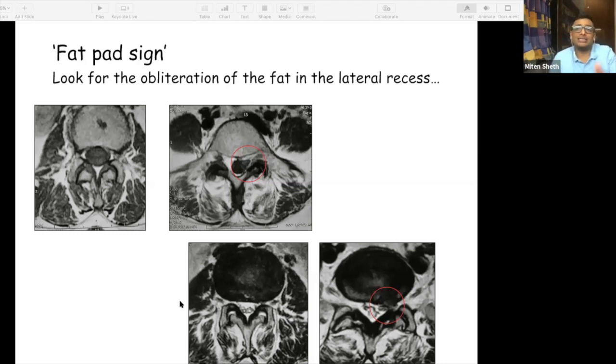So next time when you get a PID patient, start following this and eventually start reading the report. Then you will be able to read. What you can do is take all the images, tell the patient that you're going to document them, go to some separate room, start reading the MRI, start seeing the report and correlate, and then go back to your patients. That is the only way you're going to learn this. There is no other simpler way of learning this.